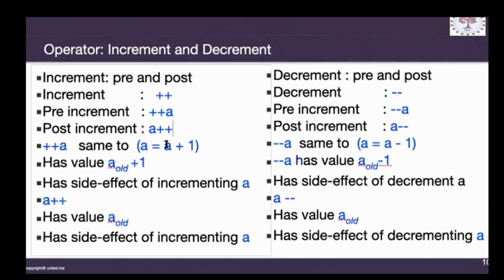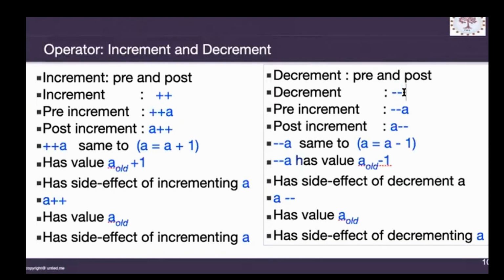So what is the difference? The difference is that in plus plus a, the value of the variable will first change and then it will be used. In the post case, the value of a will be used and then it will be incremented. You have to understand in which case to use pre-increment or post-increment, because they sometimes create problems, and our program suffers from side effects of these increments. So make sure that everything is clear to you, and that you are writing clean code so that everybody understands.